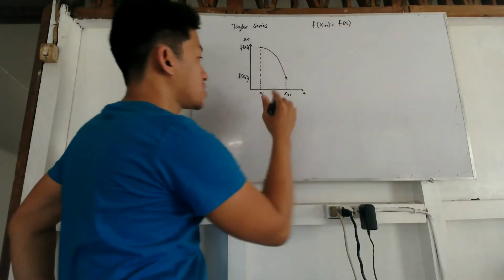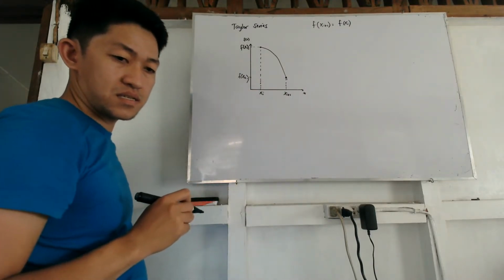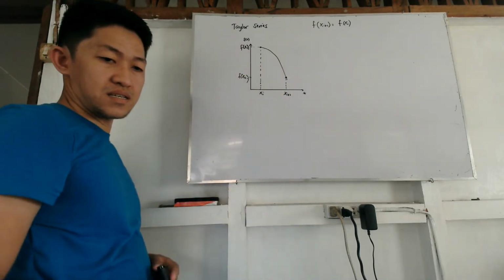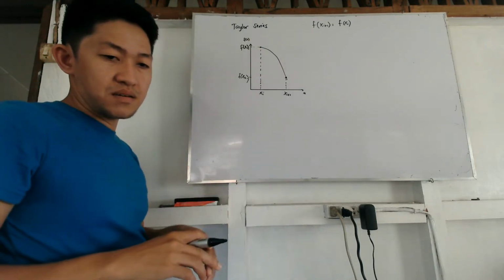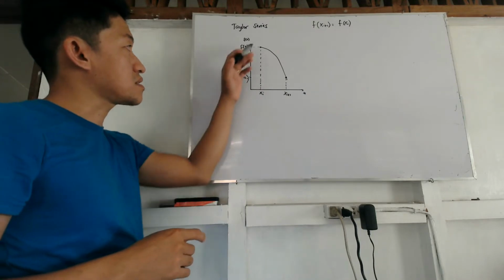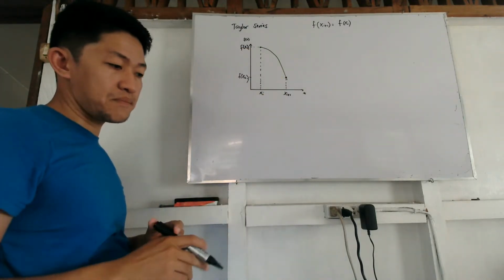Sabi dito, yung value nito is just equal to this one. No? So, based on this graph, parang hindi totoo. Or because there is a big difference. No? So, actually,